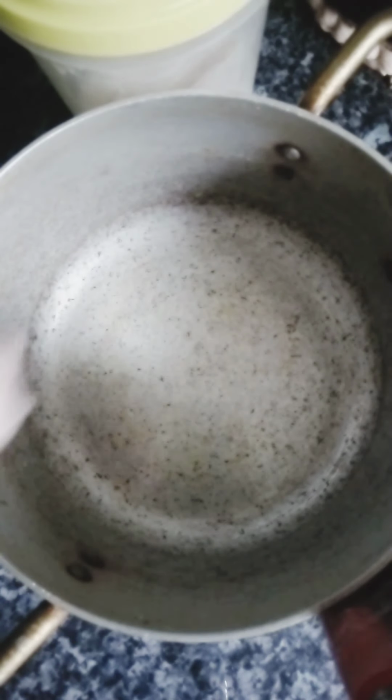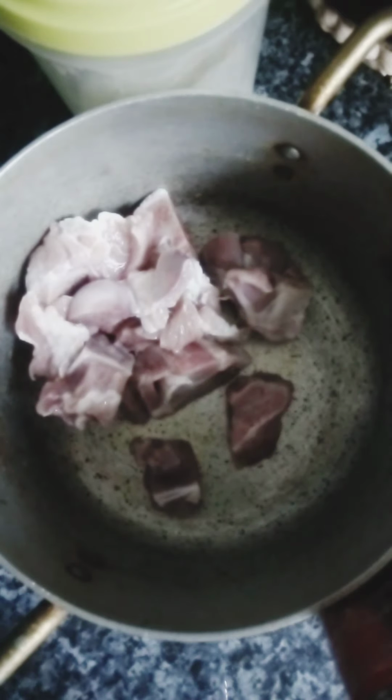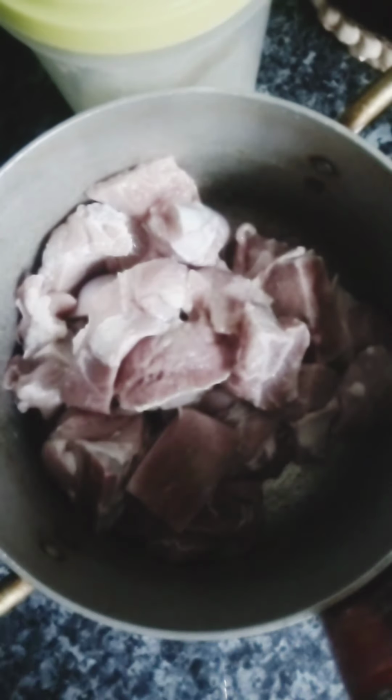Hi guys, easy way of cooking a lamb curry. This is a shoulder cut of lamb. It's got bones and some meat on it as well. So yeah, easiest way of doing it is just put all the lamb in a pan,